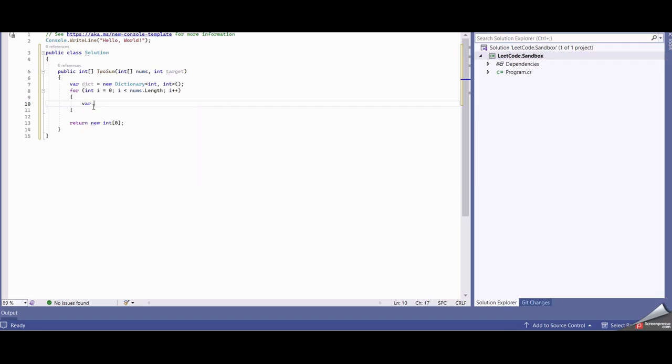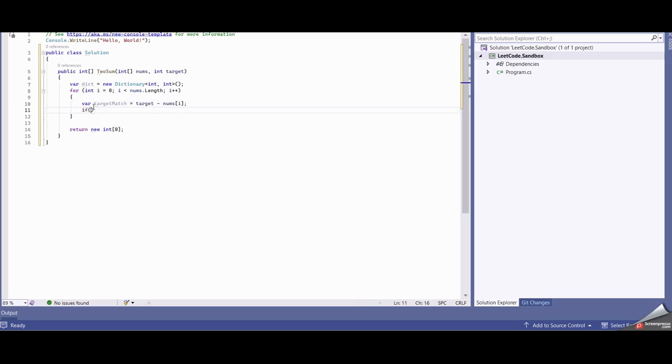Let's take the target element, call it target match. That's our target minus nums i,